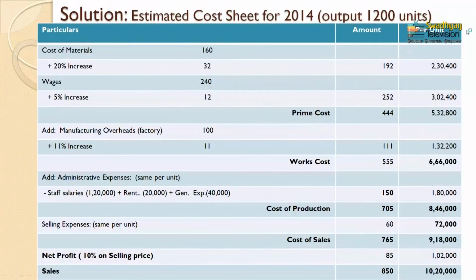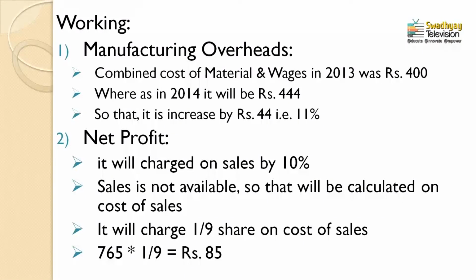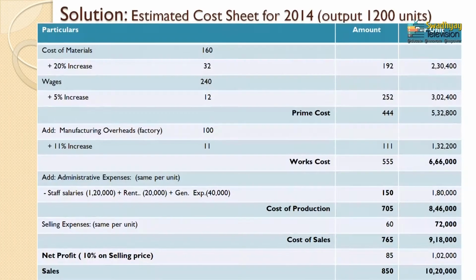Now see the estimated cost sheet. In the estimated cost sheet, after the changes have occurred, cost of material and wages added, the prime cost per unit is rupees 444. So these two items are very important for the calculation of manufacturing overheads in the year 2014. Now see the working. Here the combined cost of material and wages in 2013 was rupees 400, whereas in the year 2014 it will be rupees 414. Now these two items are very important for the calculation of